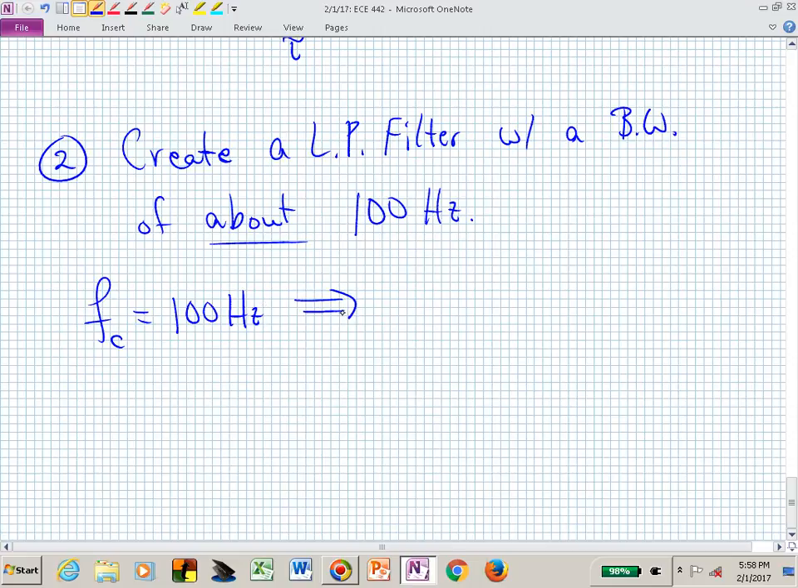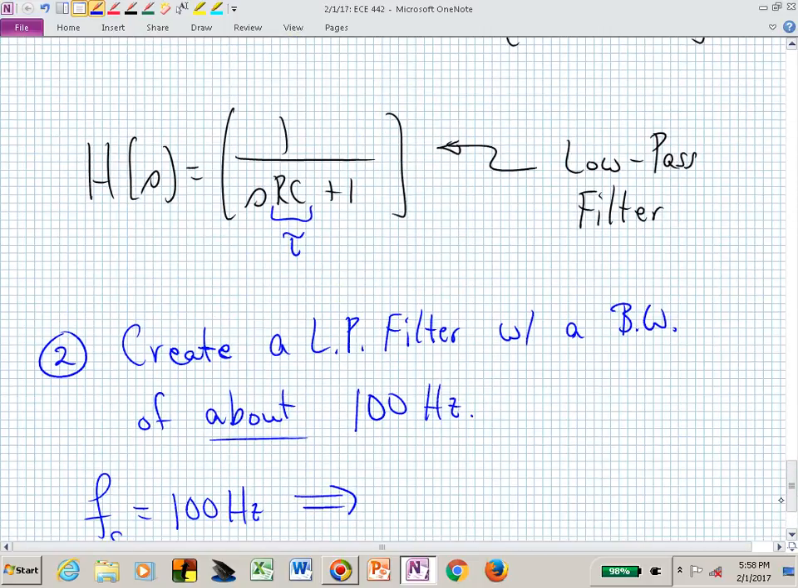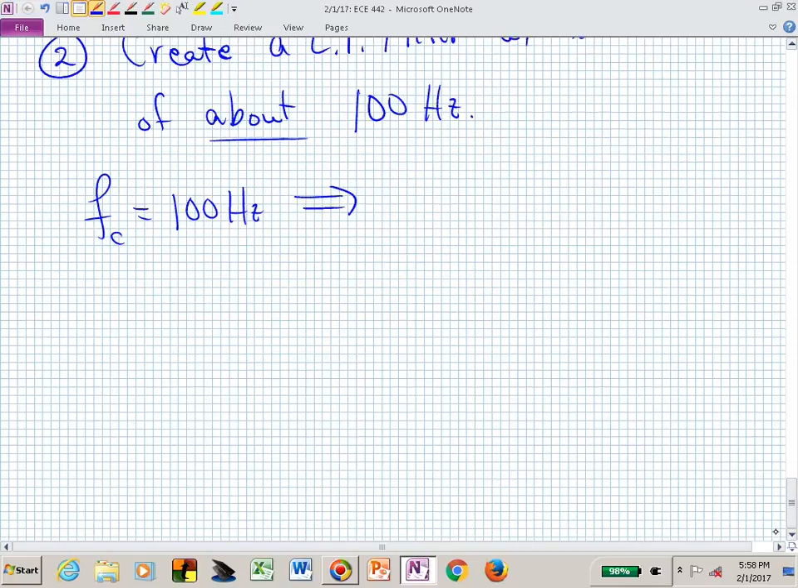But in my transfer function expression, I'm actually dealing with radians, aren't I? Radians per second. And so my tau is in seconds, or now my S is in radians per second. I now need omega sub c, which is 2 pi f sub c, or 2 pi times 100, and that's now 200 pi,